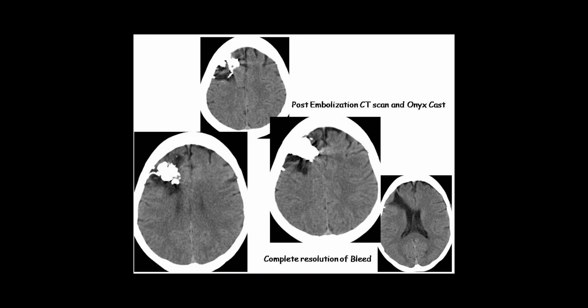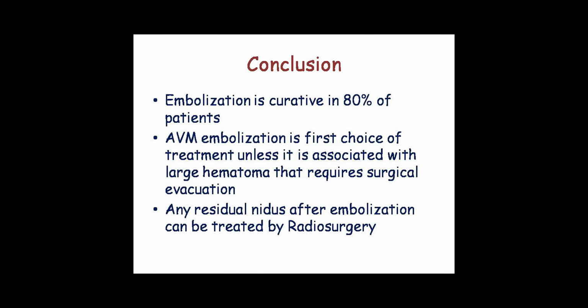And this is the post-treatment CT scan. In all patients we take a CT scan, and here we can rule out any problems related to the treatment. So in conclusion, embolization nowadays can be curative in up to 80% of patients